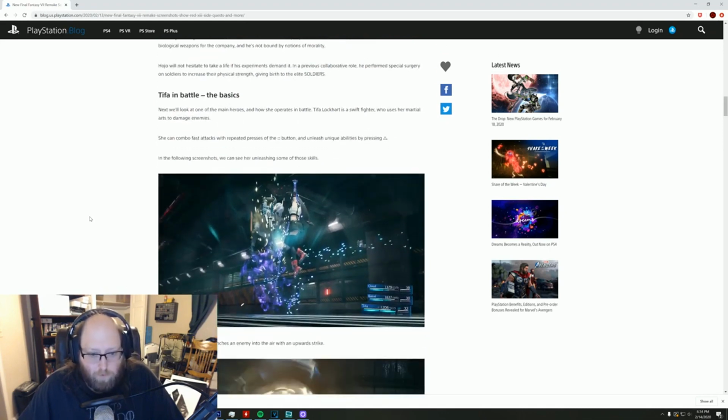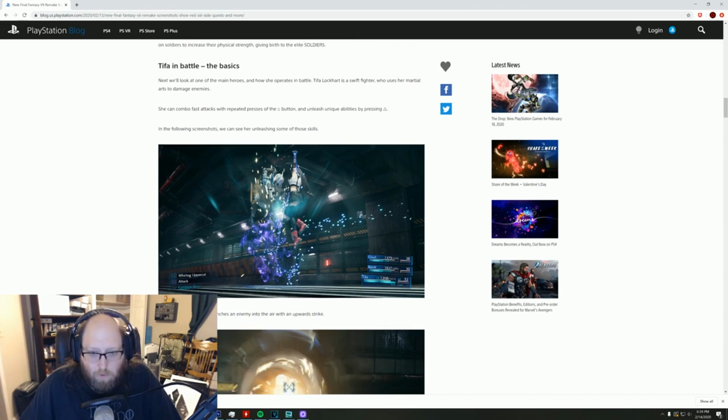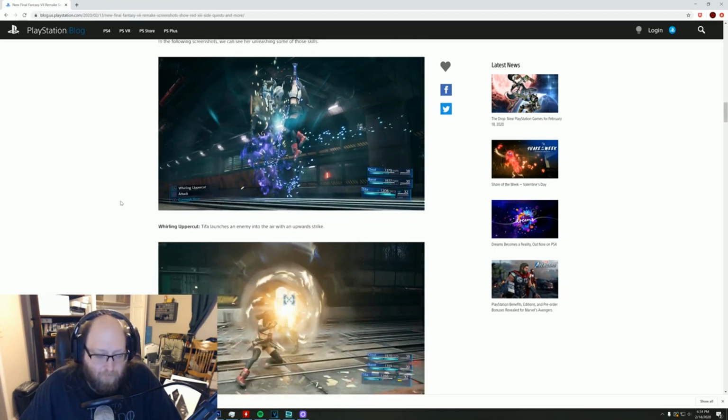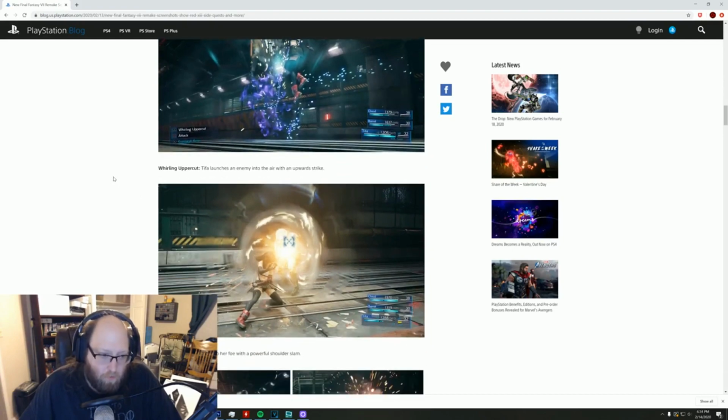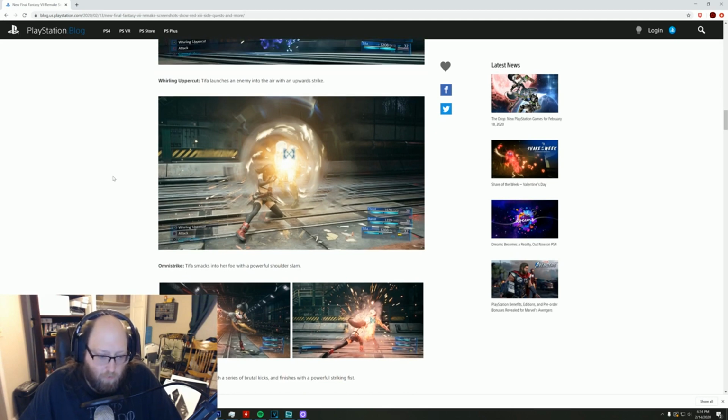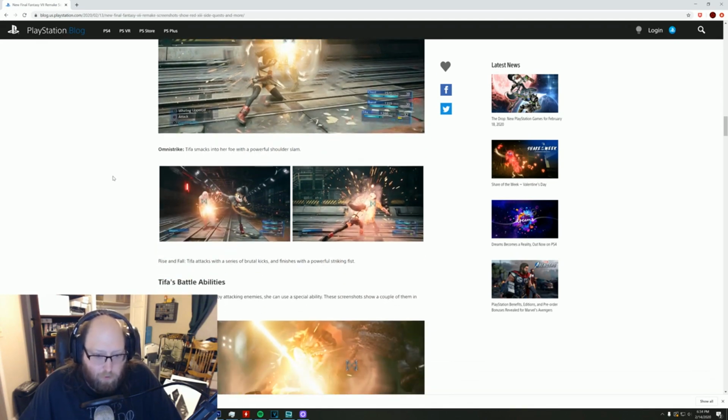So, Tifa in battle. Tifa Lockhart is a swift fighter who uses martial arts to damage enemies. She can combo fast attacks, pushing the square button, and unleash abilities by pushing triangle. Whirling Uppercut, it's a new heavy skill. And then Omnistrike, where Tifa smacks into her foe with a powerful shoulder slam. So it's like a shoulder check. Then we have Rise and Fall, which is a series of brutal kicks followed by a powerful